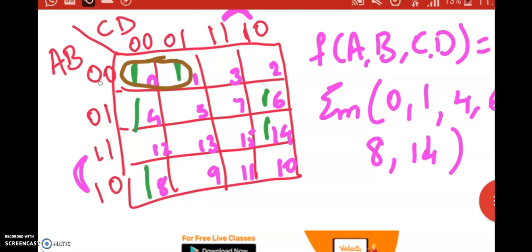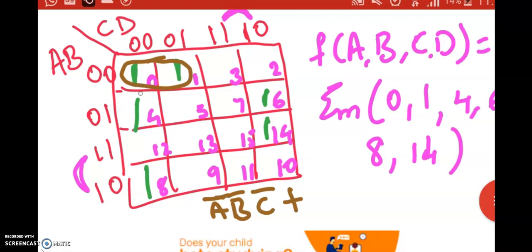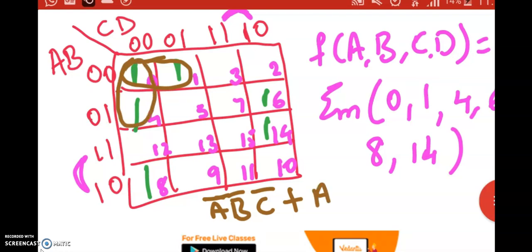So what is the result for this? A bar, B bar and C bar. So the result here is A bar, B bar, C bar, plus then for this one, this is one possibility, and by folding the map, this is another possibility. I can use any of that, both are right. So I will just group it here only. So then with this I will be getting A bar, because 0 remains common there, C bar, D bar. So C bar, D bar. Then next, for this one